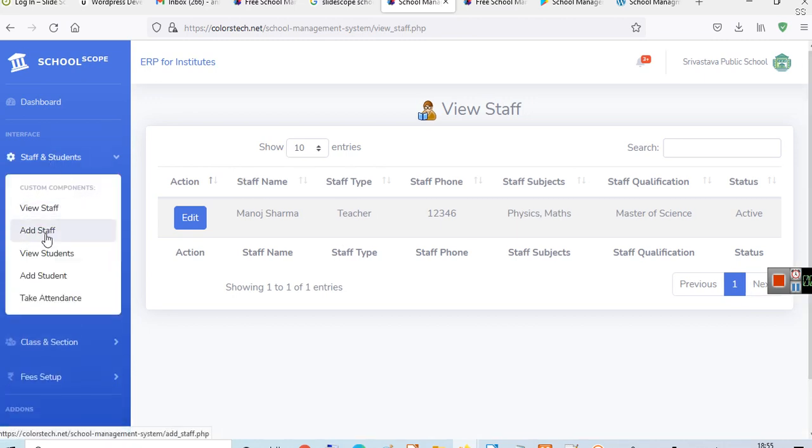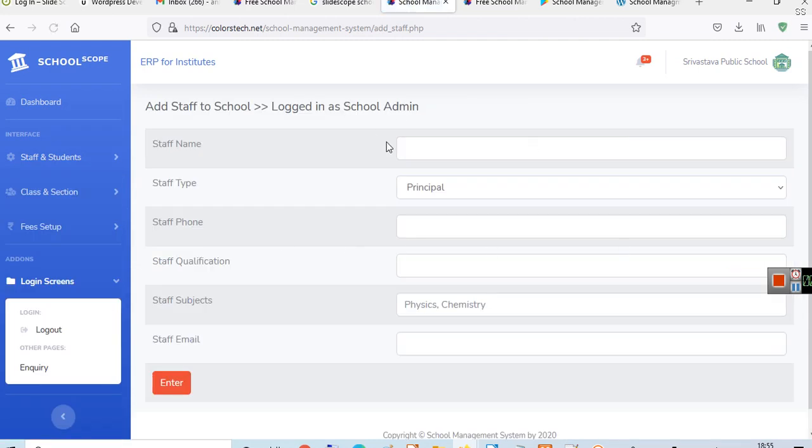Let's add another staff member. Let's say the staff name is N.K. Yadav and he is principal. The staff phone is 3456 and staff's qualification is, let's say, PhD.